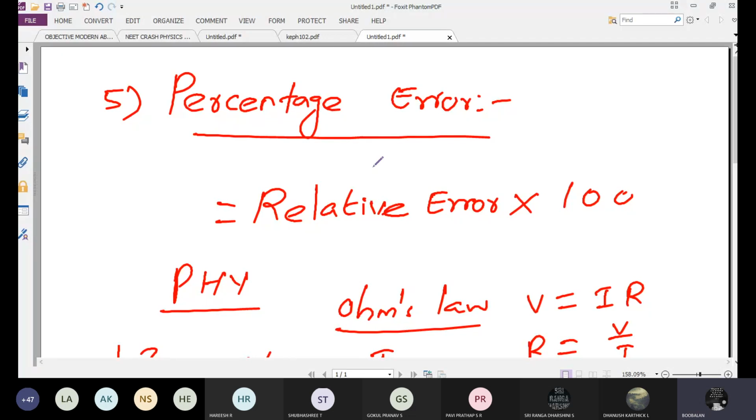Before that, I gave just an introduction about units. Next, I started with error. Up to 1 or 2 classes, you may feel something different, something new, and you want to understand it. It will take time, so no need to worry. In case you have doubts, or you are not understanding, or sir is going very fast or very slow, anything you find difficult, just inform me. I will modify it.